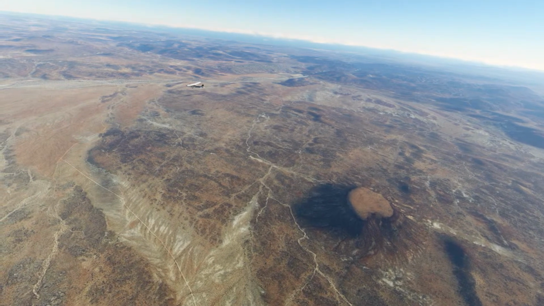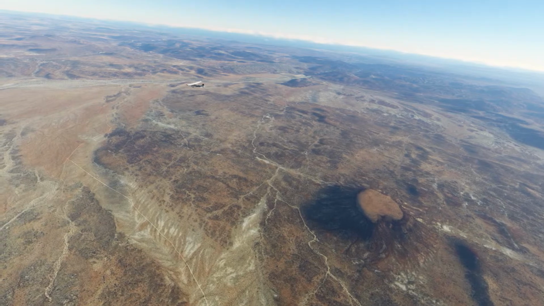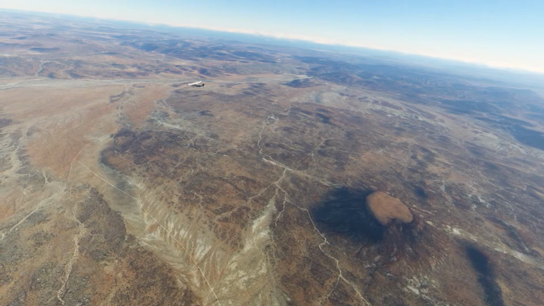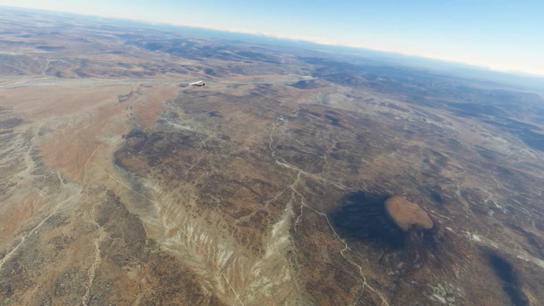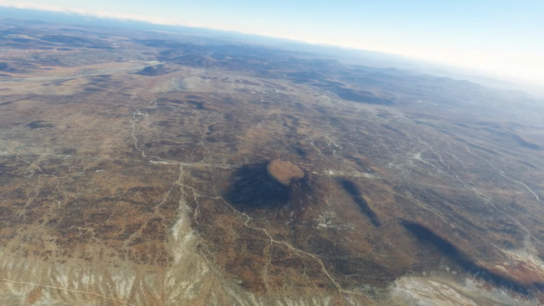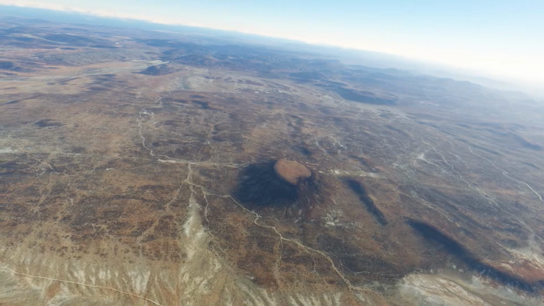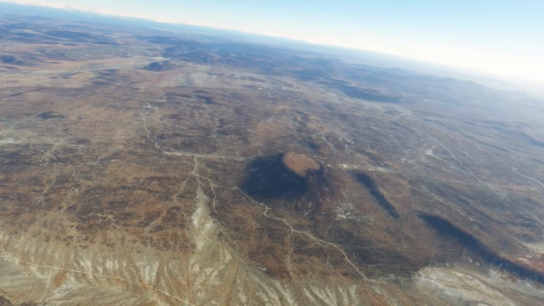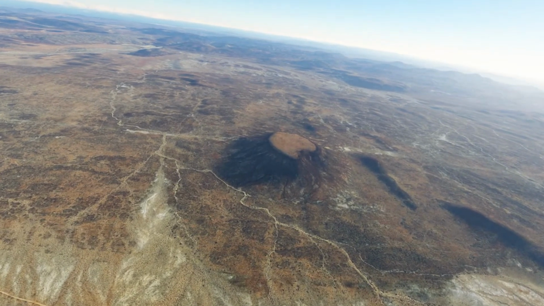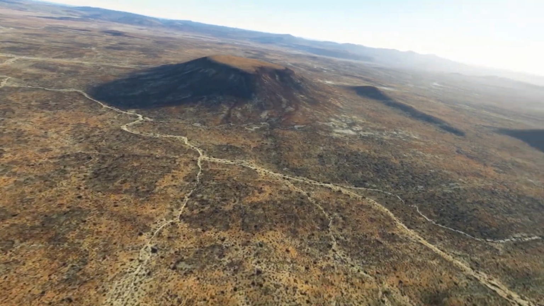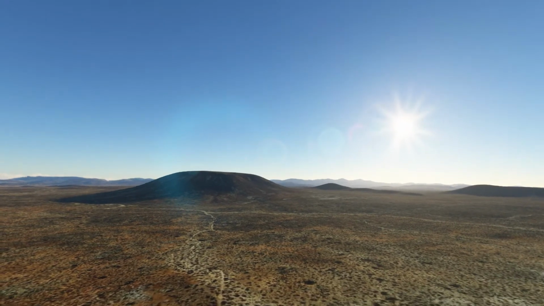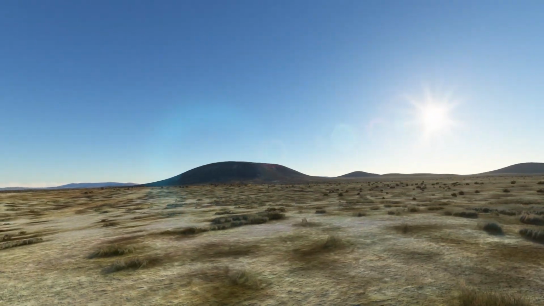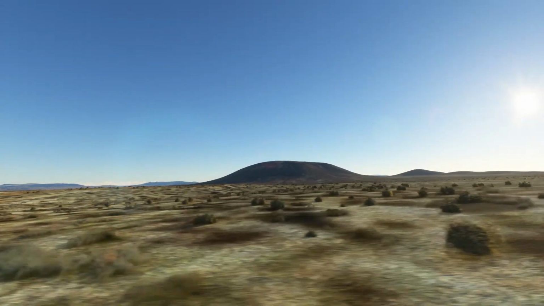I don't think there's even a name for it. It's just one of the many mesas that are around in Baja California. And if you want to take a look at it real quick, if you're on the ground, stop the drone here. It's basically what it would look like from the ground.